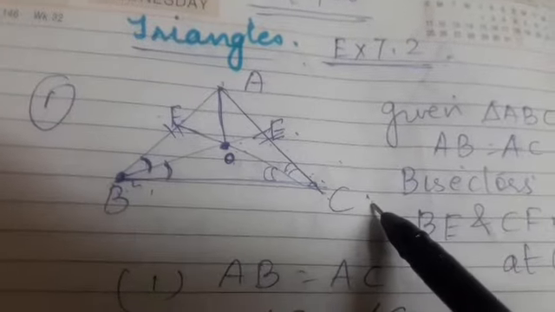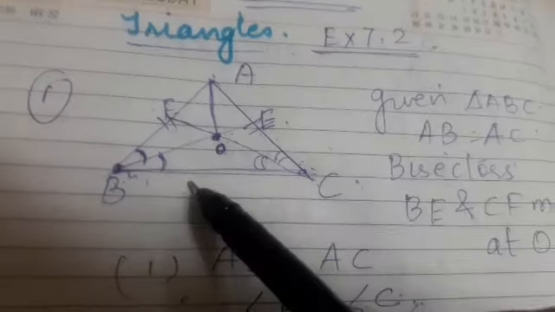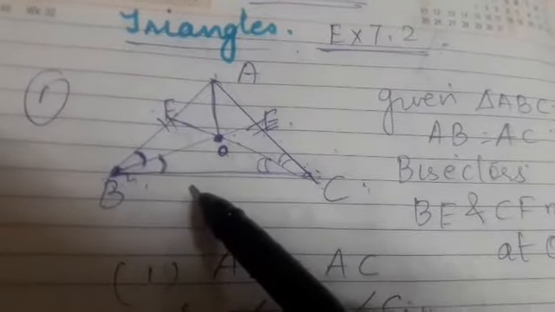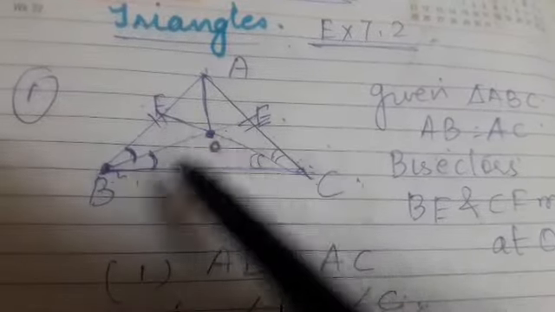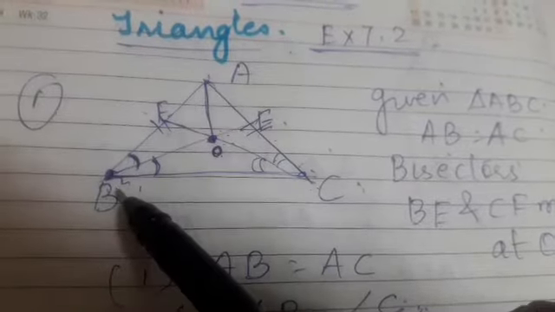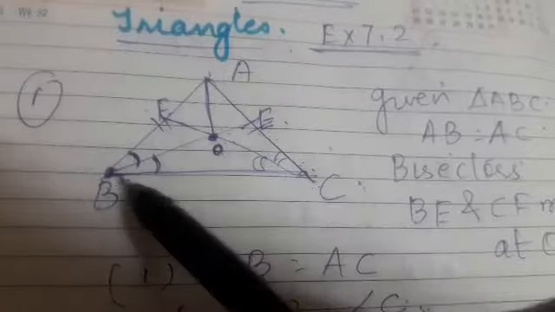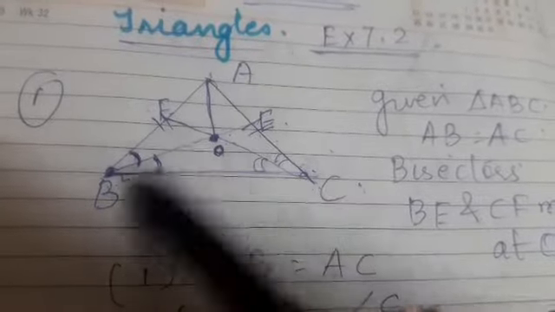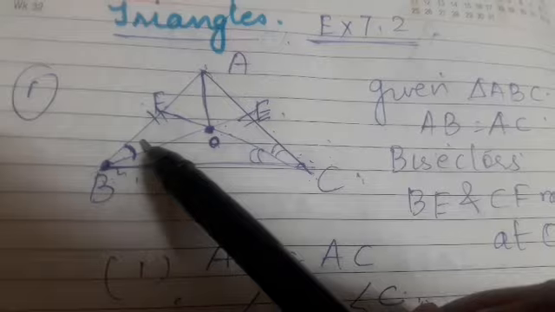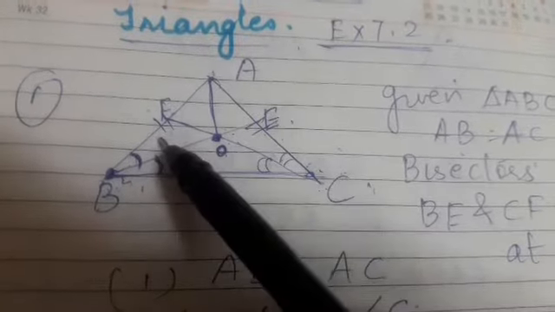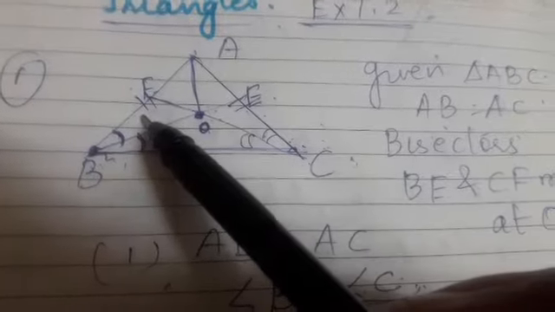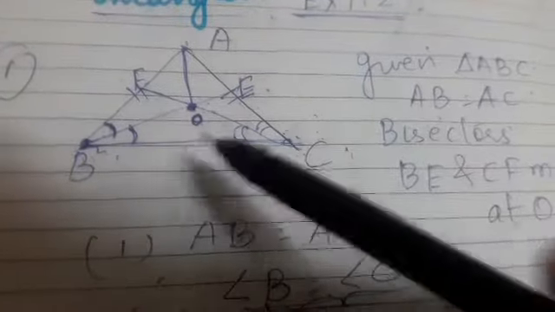Now how do we decide the triangles? We decide the triangles based on whatever is given to us and what we have to prove. So if I take triangle AOB and triangle AOC, I know that AB is equal to AC is given to us, so we can use this side. Then we have to prove that OB is equal to OC. So we have to consider the triangles in such a way that whatever is given and whatever we have to prove is included in that.